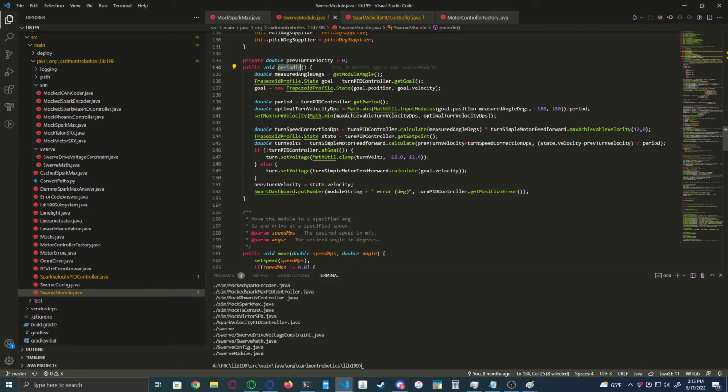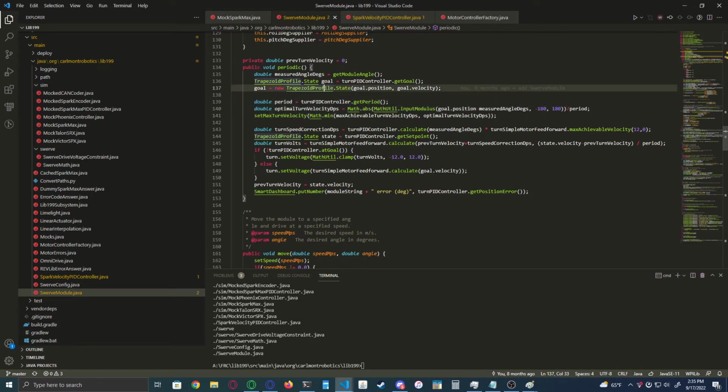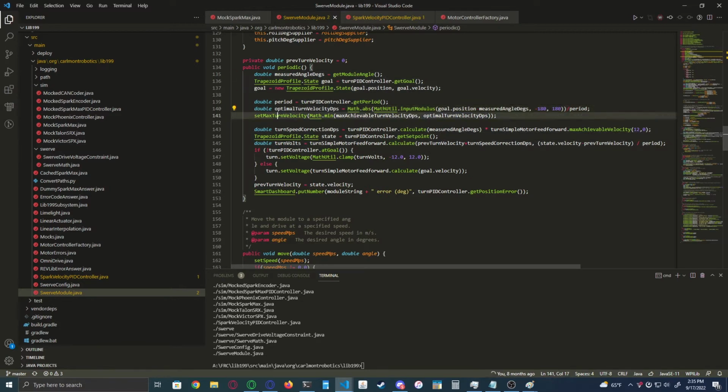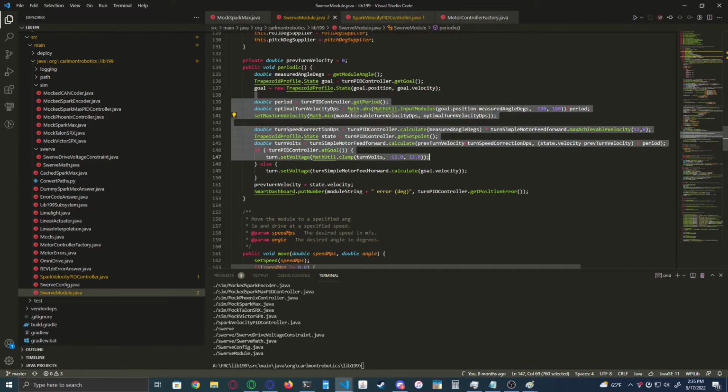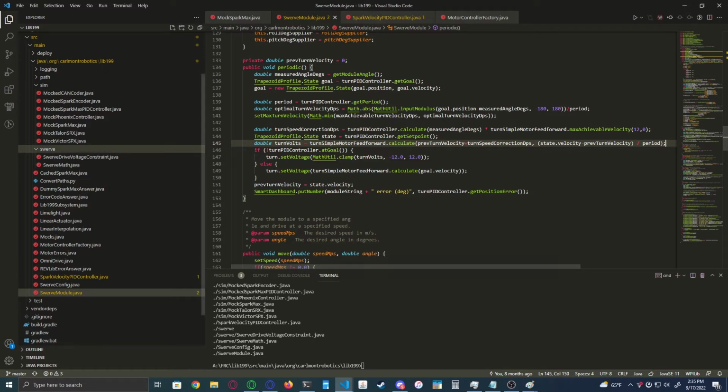Swerve module. Trapezoid profiles. So yeah, basically do all of the PID and trapezoid profile calculations that I don't fully understand. This is updating. Make sure that we're driving in a way that is going to be nice and not going to jerk around and try to drive much faster than we can and such. So apply all the max values, apply all the PID stuff, do all of that, and then